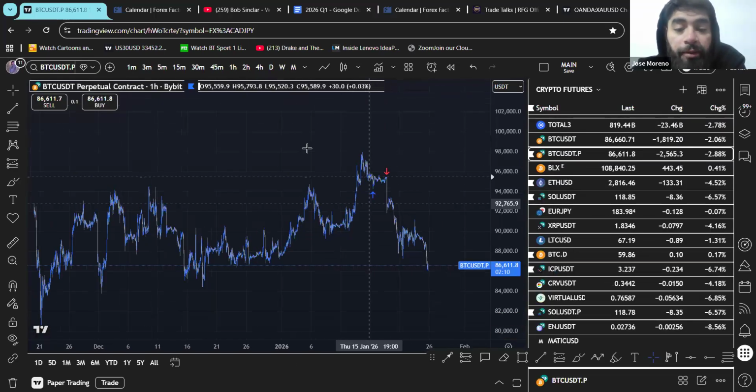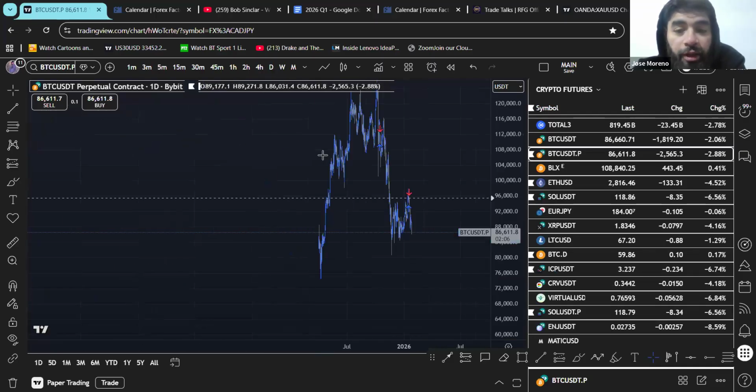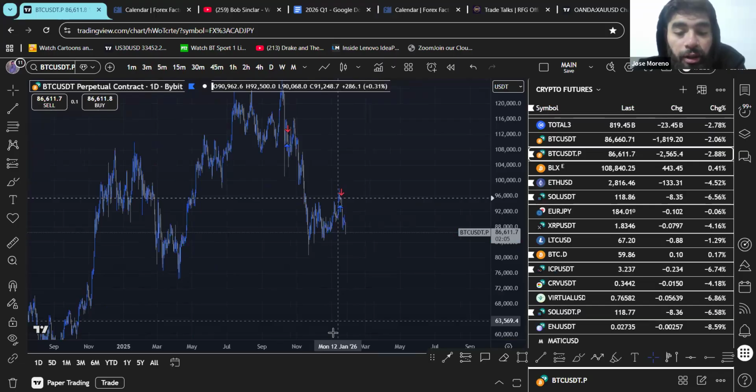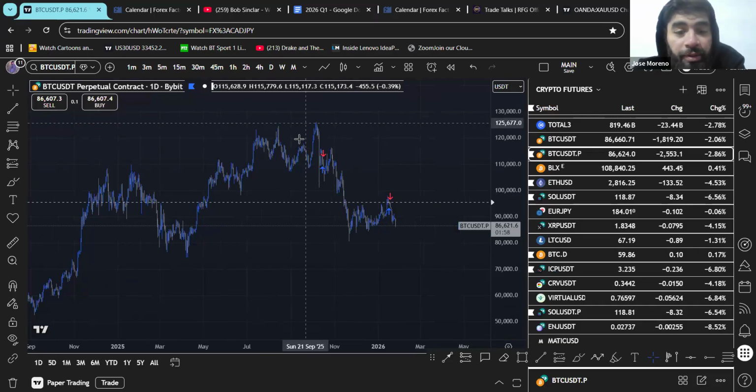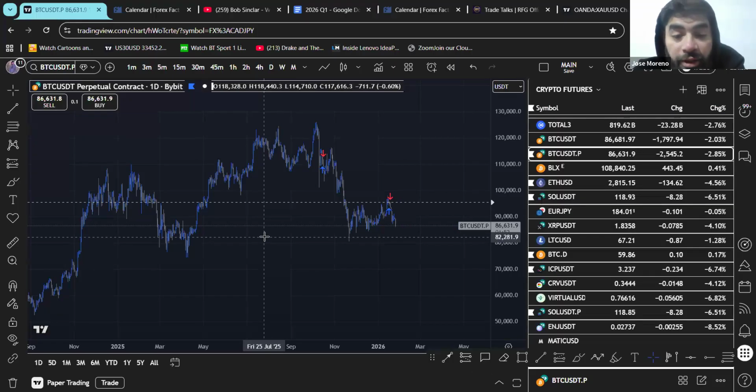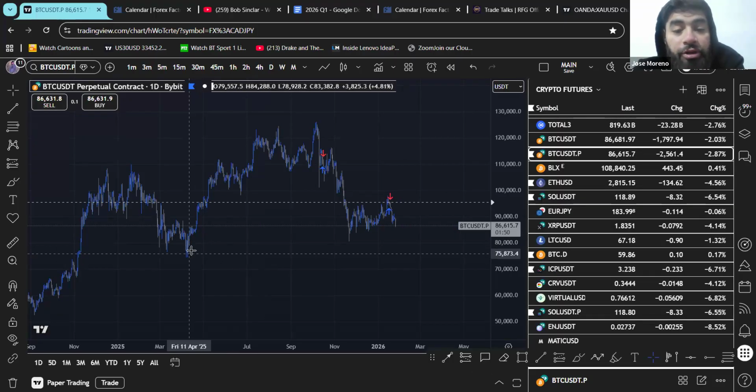So crypto is interesting. It's definitely very, very interesting. First thing I'll say is there is definitely merit to the idea that some people are looking at, which is that maybe we are already in the bear run, right? It's possible. I wouldn't say that we're confirmed yet. I would say right now we're still in an area of previous order flow.